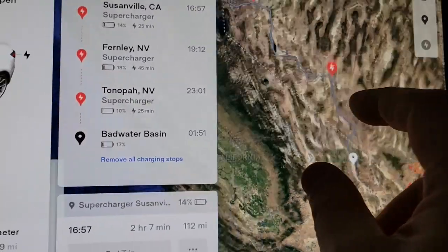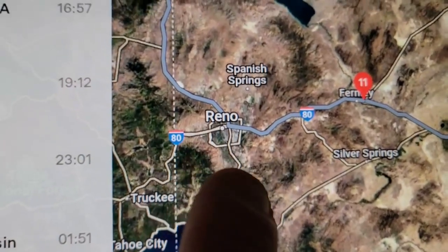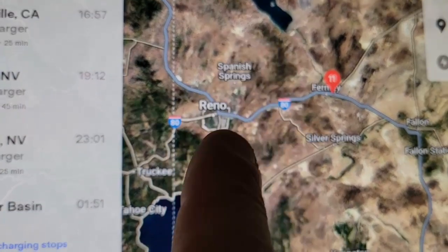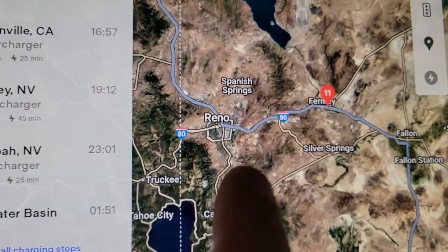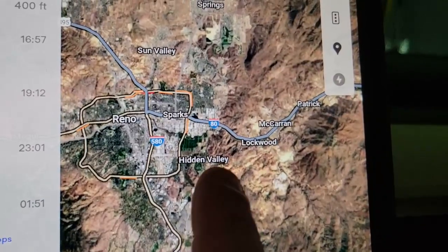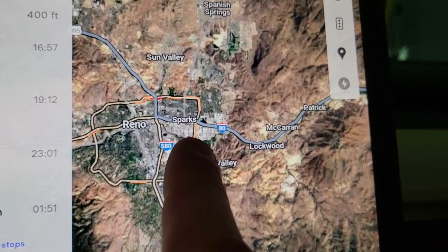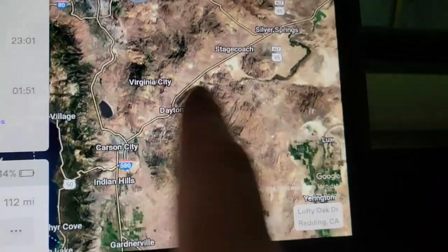But we have to do this differently because we have to stop in Nevada first because I have to drop off some stuff for some friends at the air races. So our first charge is actually going to be right outside of Reno in an area called Sparks right there. We're going to use a brand new Electrify America, and then from there, we're going to shoot down into